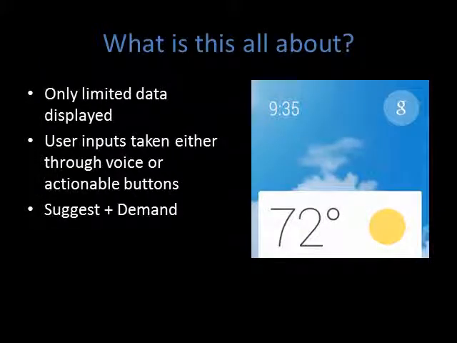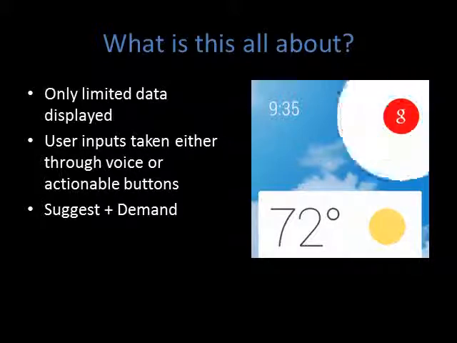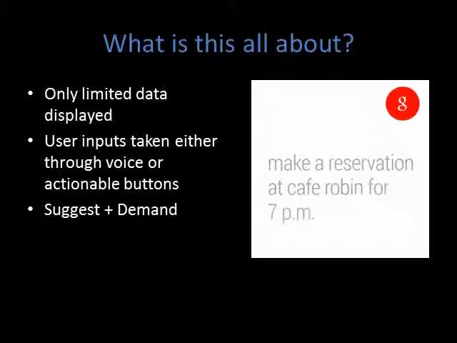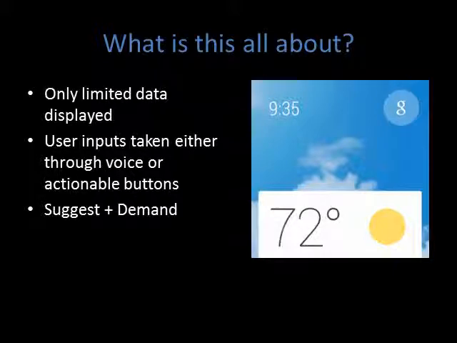What is this all about? If you compare a smartphone to a desktop application, smartphones render limited data, and moreover the data that is most required by the user at the moment. Wearables take it to the next level, where only the critical information is broadcasted to you, and only the critical data is rendered on the screen. So there is no information overload, and there is no crowded data being pushed to you on your screen. It's all very limited data that's being displayed on these screens.